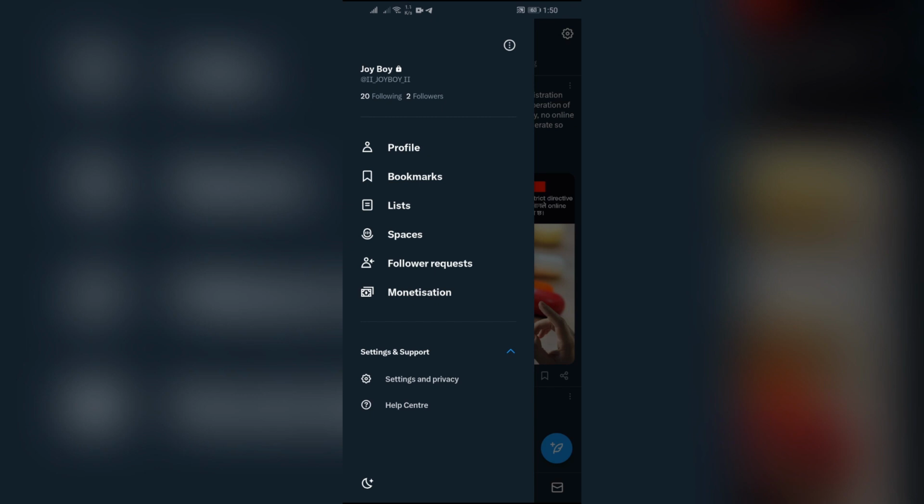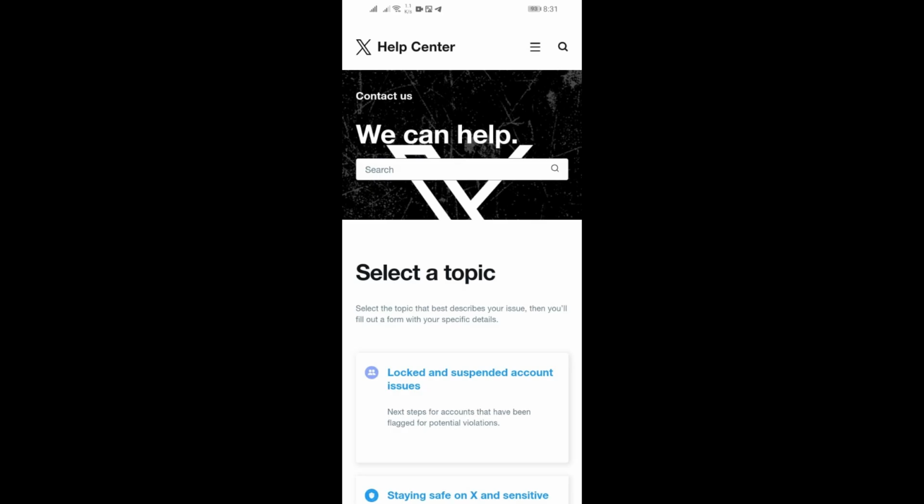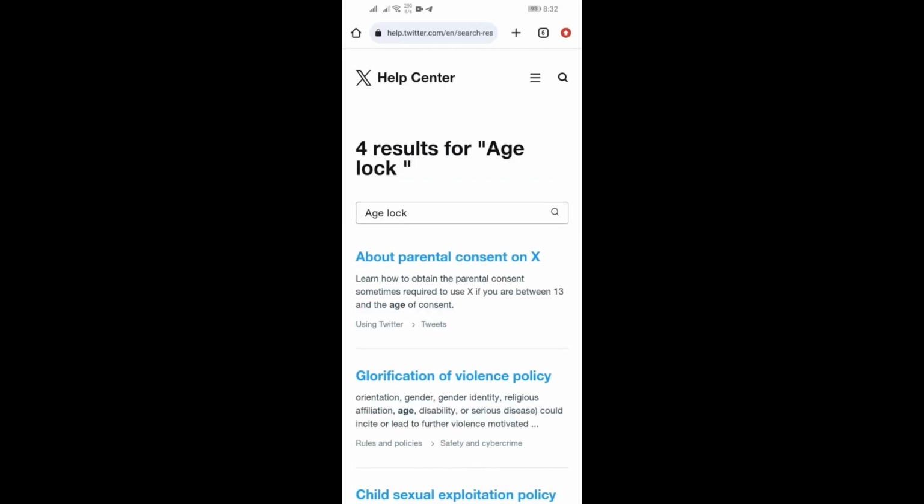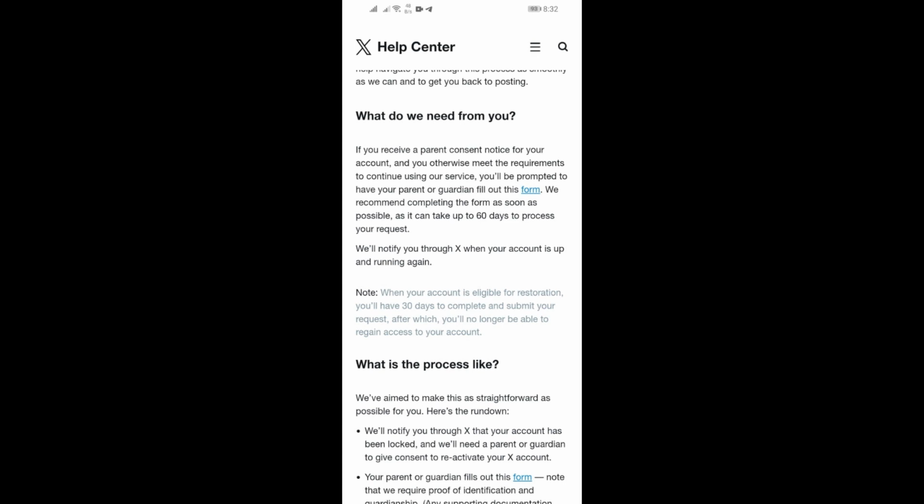Now in order to solve that, you just simply have to go into this help center, and from the help center you will get this search button at the top right. Click on that and then search for age lock in there, and after searching you will get this about potential consent on X option. Click on that and you can pause and read all this about the age lockout or